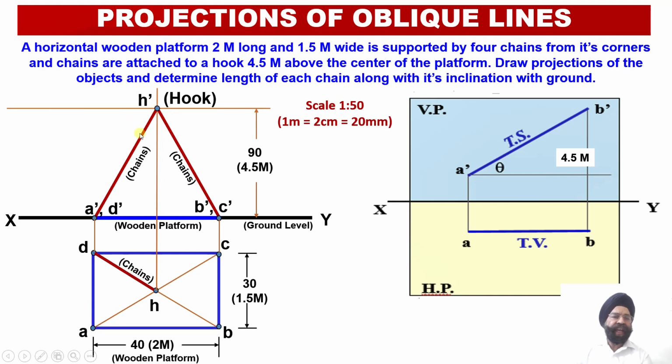Similarly, H dash D dash, that is the front view projection corresponding to this chain, happens to be inclined with respect to the horizontal plane. So we have the perfect situation corresponding to an oblique line, and in order to obtain the true length of this oblique line or the oblique chain, we need to remember that whenever the apparent length projection of